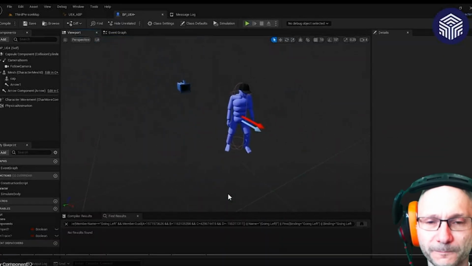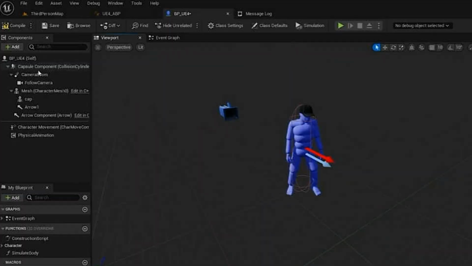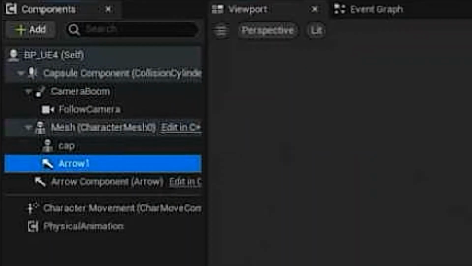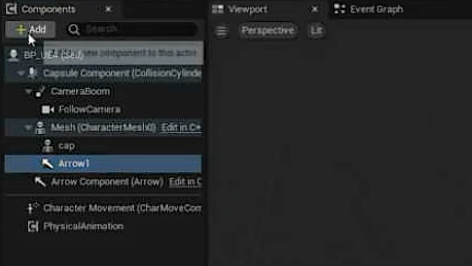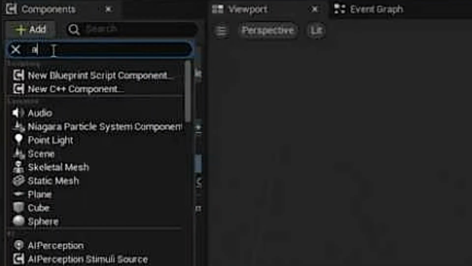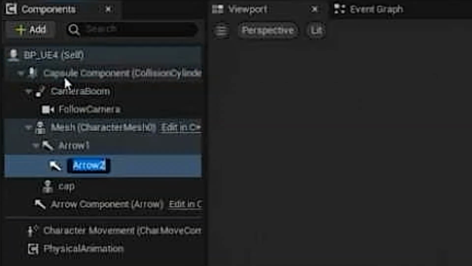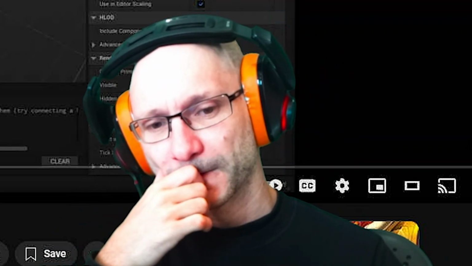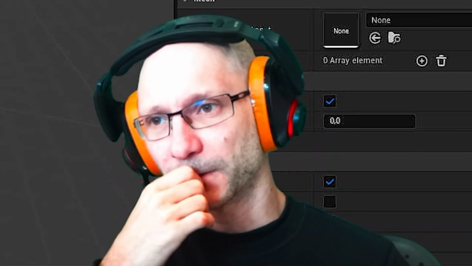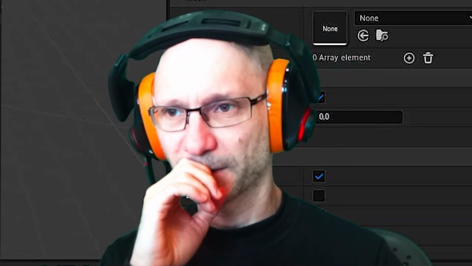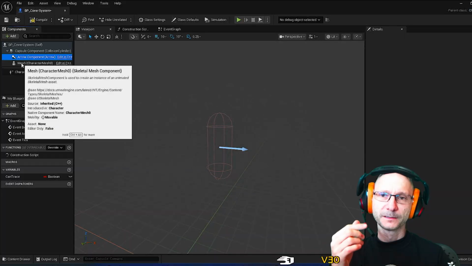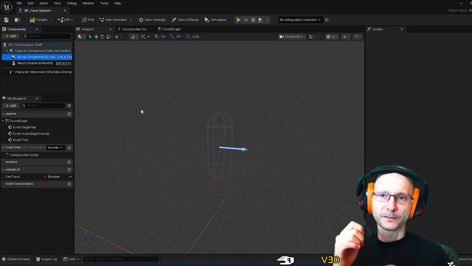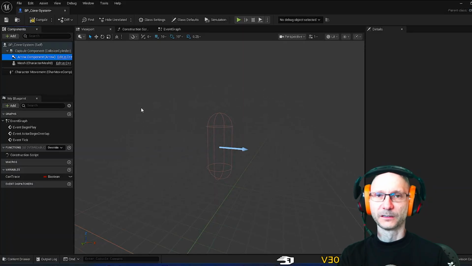As you can see here, I can see my character visually. As you can see, I have an arrow here. You can simply add an arrow by going here on add. You can type the name arrow, and you can simply attach it to the character. I don't need to. Is it going to be problematic? I don't think so, since in the video he showed that he's attaching the arrow later, so we can do this later when we add the character.